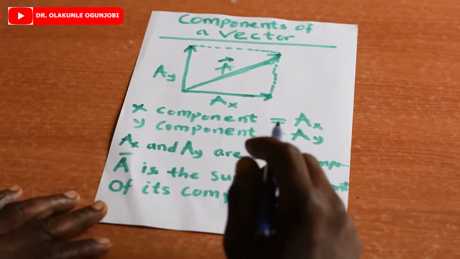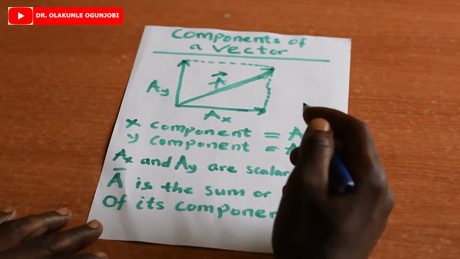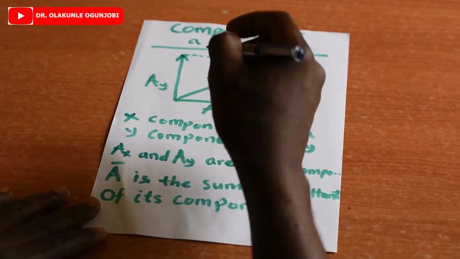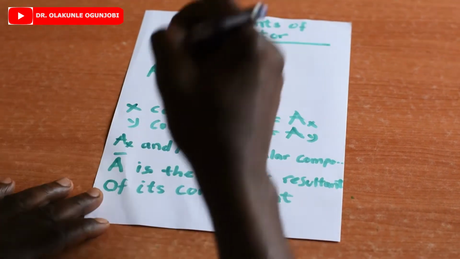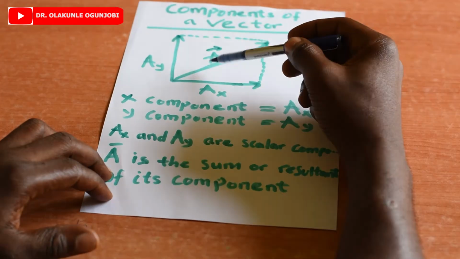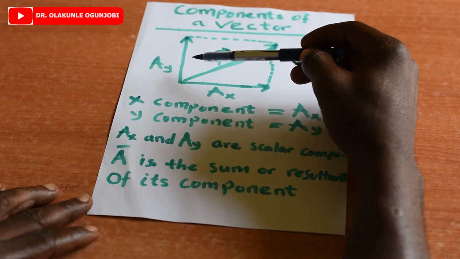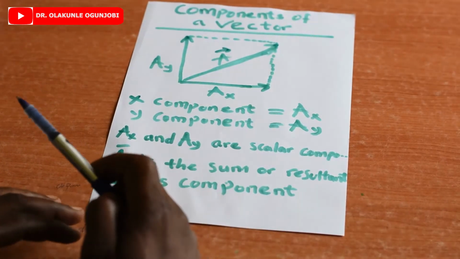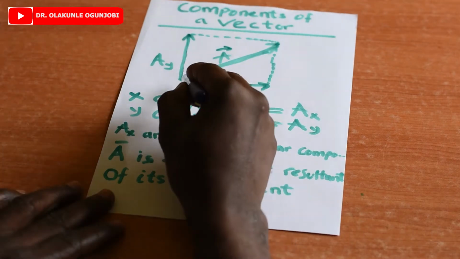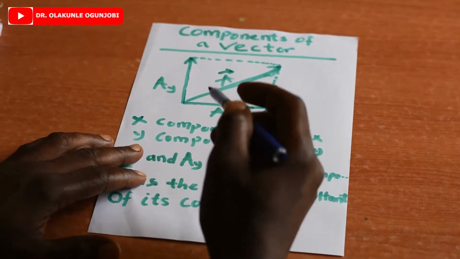This segment will consider components of a vector. Okay, consider a vector A. Vector A, this figure, you draw A such that its tail is at the origin of the cartesian plane, just like this. The components of this vector are its projection